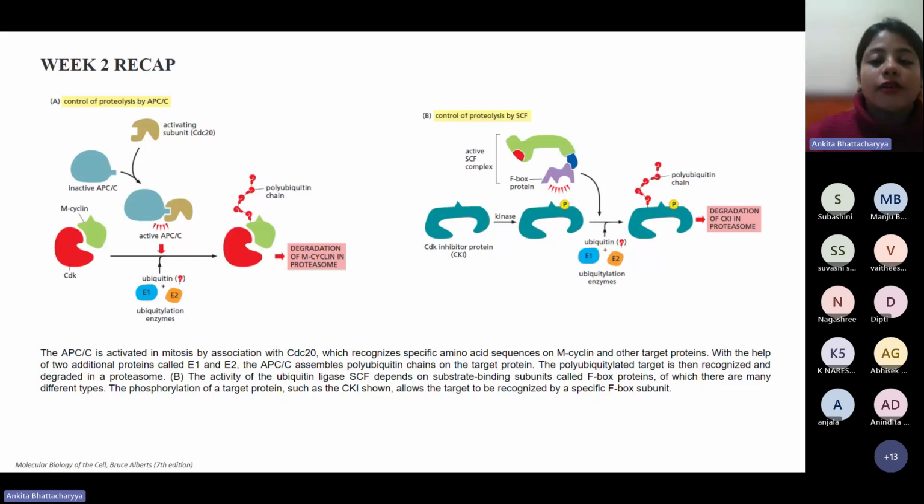So what you see is that, first of all, you have a CKI that is an inhibitory protein. When we say inhibitory, it means that the presence of this protein is inhibiting something else. In this case, it is inhibiting the CDK shown here in blue. First, it gets phosphorylated by a kinase, which leads to the phosphorylated CKI. This is able to bind to an active SCF complex. The active SCF complex is also bound to an F-box protein, like I said, which is a substrate of the same. And this phosphorylated CKI is then getting polyubiquitinated, and there is a degradation of the cyclin CDK inhibitory protein